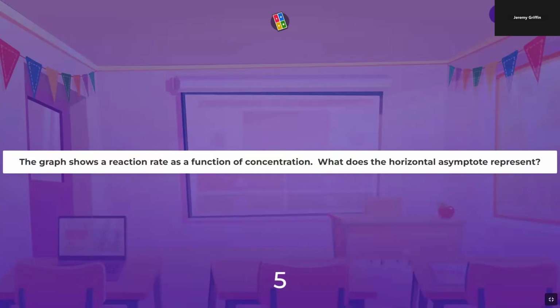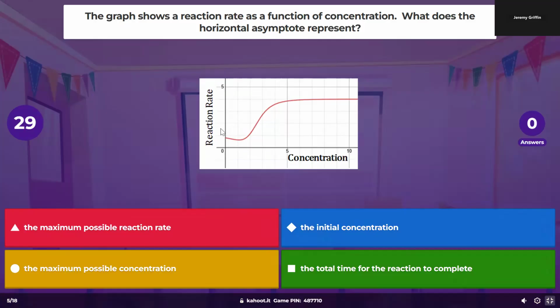Graph shows a reaction rate as a function of concentration. What does the horizontal asymptote represent? So here's reaction rate as a function of concentration. So we're increasing the concentration more and more and more. And this reaction rate is approaching a horizontal asymptote. You guys see that? So I can make the concentration as much as I want to, but does it look like the reaction rate is sort of maxing out its own value? Ah, so that horizontal asymptote represents the